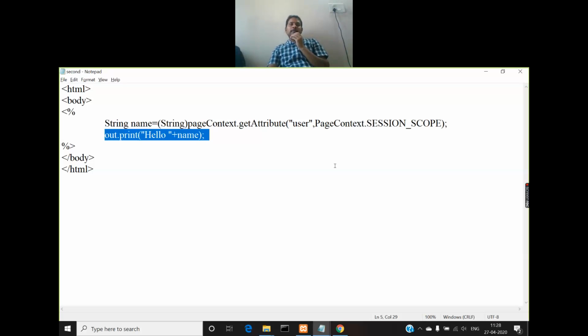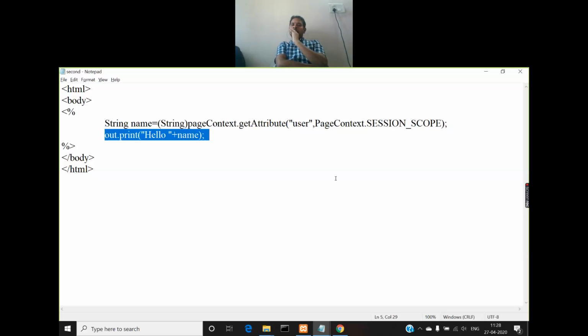They are static variables, so you can call them directly using the class name PageContext. PageContext.SESSION_SCOPE refers to the scope created as session. That means this attribute will be available for the entire session in all the pages for a user.